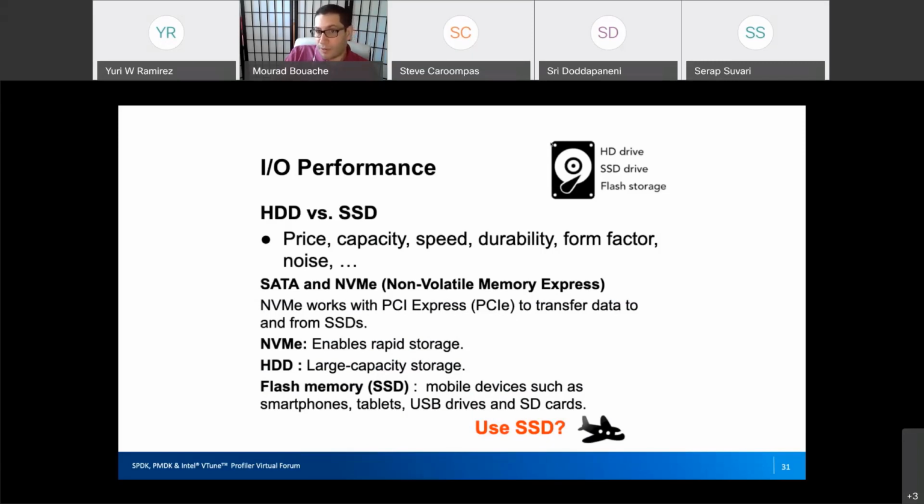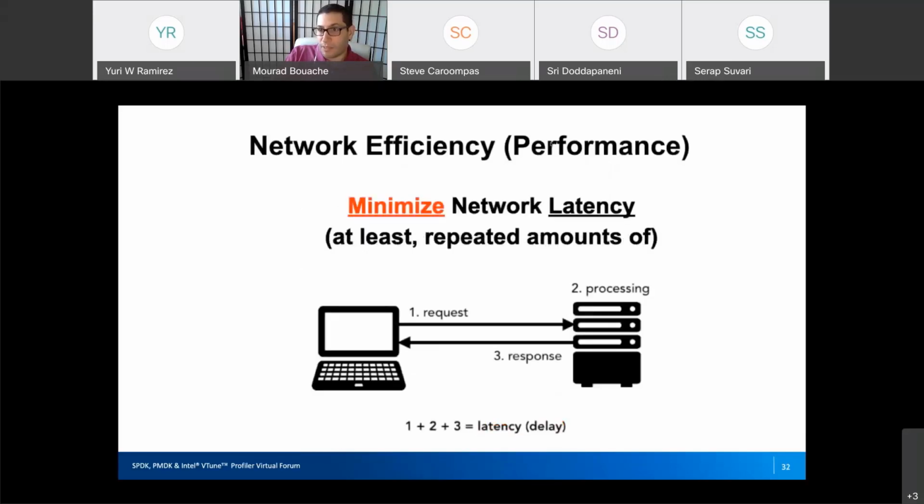I don't want to go deeper on the different things here, I just want to talk about performance as a science and go through the different components of the server and network. Minimizing the network latency is going to help a lot in terms of network efficiency or performance, and we should try to avoid latency through the network.